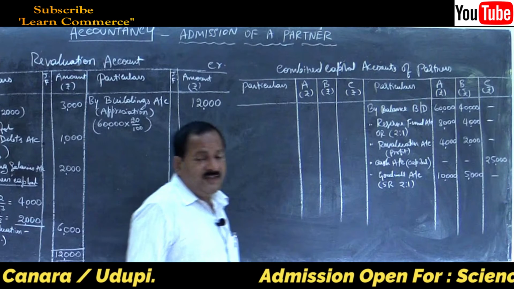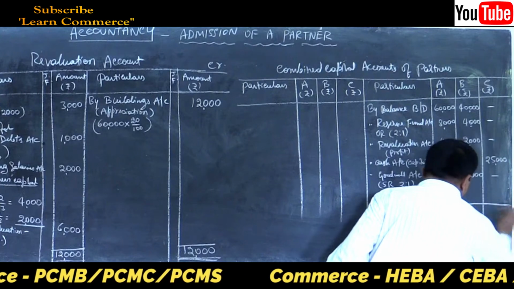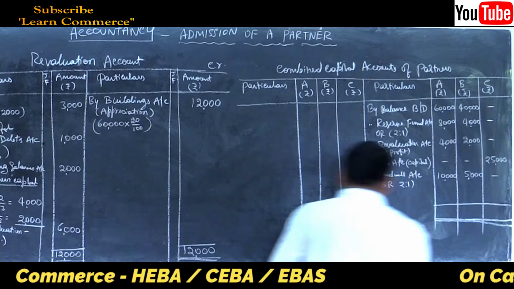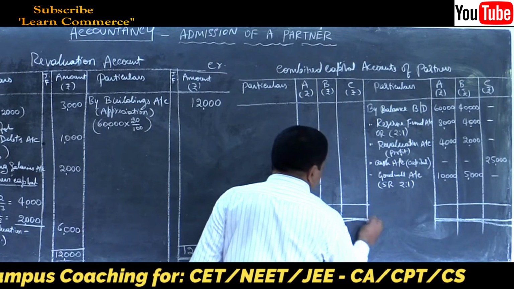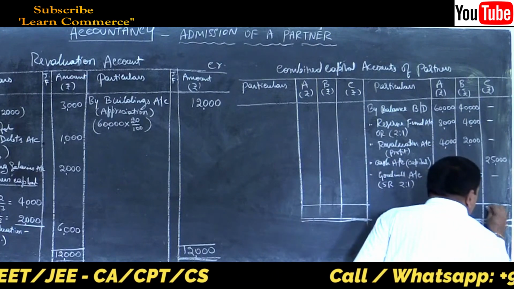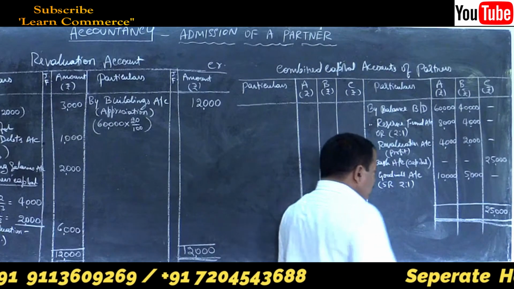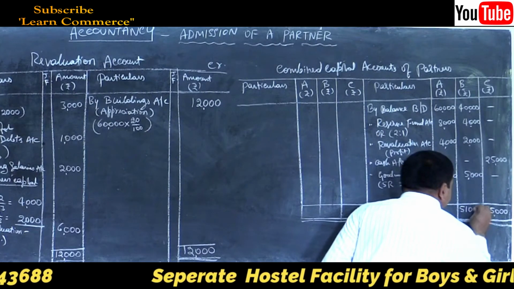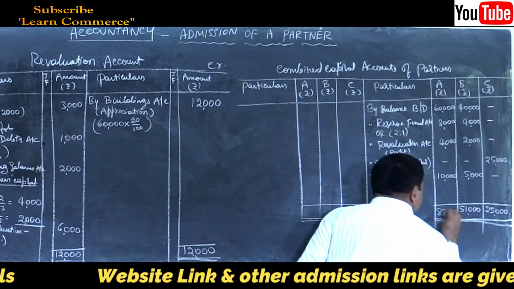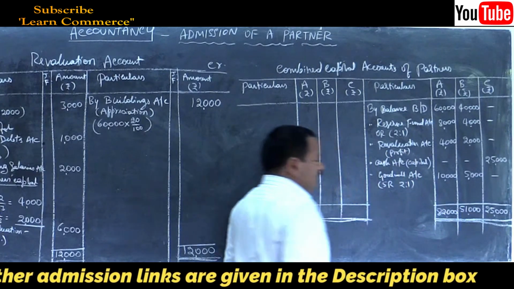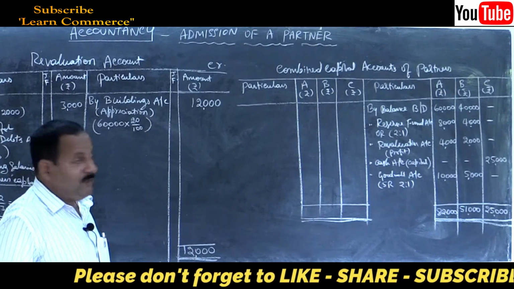Which side is greater? There are no entries on the debit side, so naturally credit side will be greater. Write the total of credit side first and write the same total on the other side. Yes, 25,000 in C's column, only one entry is there. Then B's column, the total is 51,000, and A's column, the total will be 82,000. 82,000, 51,000 and 25,000 respectively in A, B and C's column.